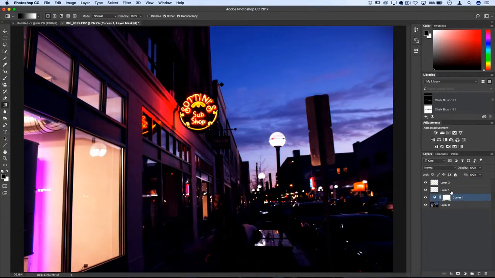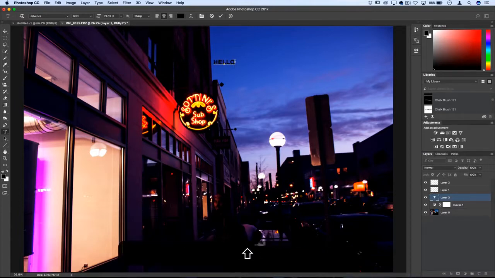So let's say I wanted to add some text to this photo. If I go to my text tool, you'll see this top menu will change to reflect the options that I now have. So I can choose the font, the size of the font, the alignment, pretty basic text editing tools that you might be familiar with from many programs. When you click, it'll automatically create a new text layer and start blinking on the cursor to allow you to type. So I can type hello, I can click and highlight the text, I can enlarge it,